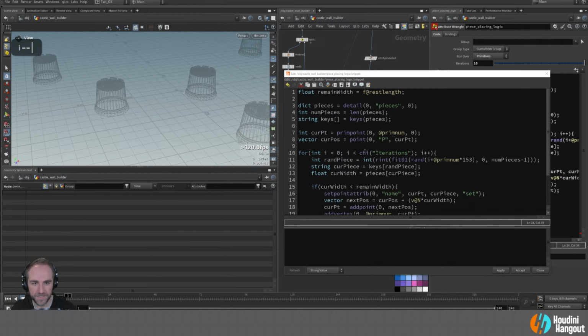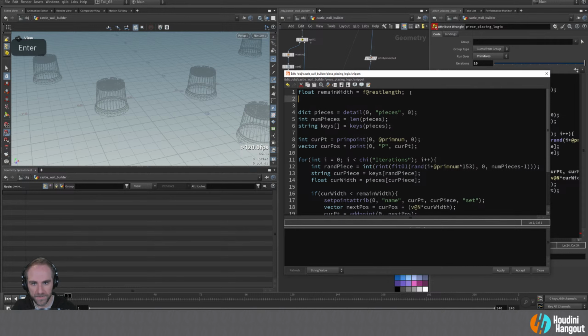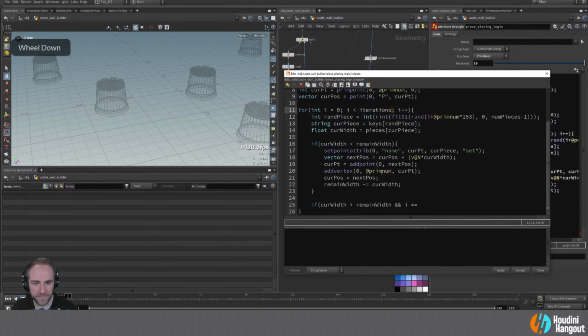Oh, you know what? I should change this because I'm going to want to use this value again, and I don't want to write that again. So let's take this and we're just going to make this its own thing. So we'll say iterations equals that, just to clean this up a little bit. So we're going to do that there, like so. And then we're going to call it, say, iterations here. So as I is less than iterations. So now if I is equal to iterations minus 1,